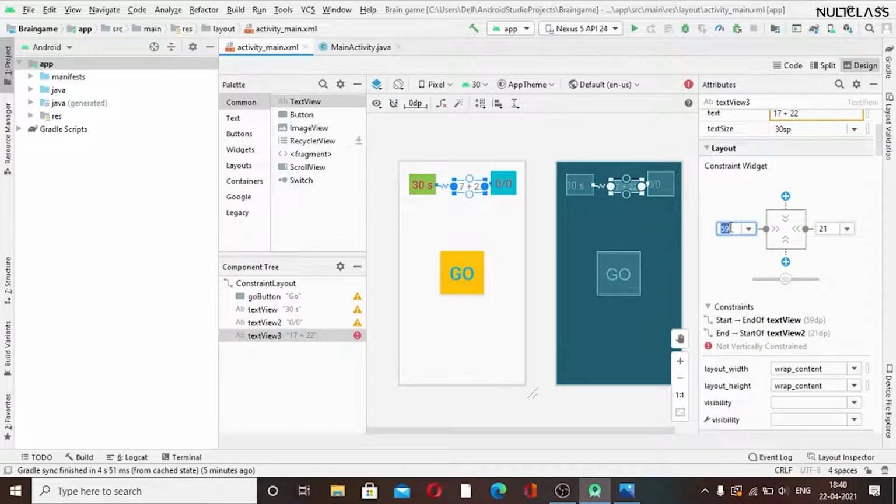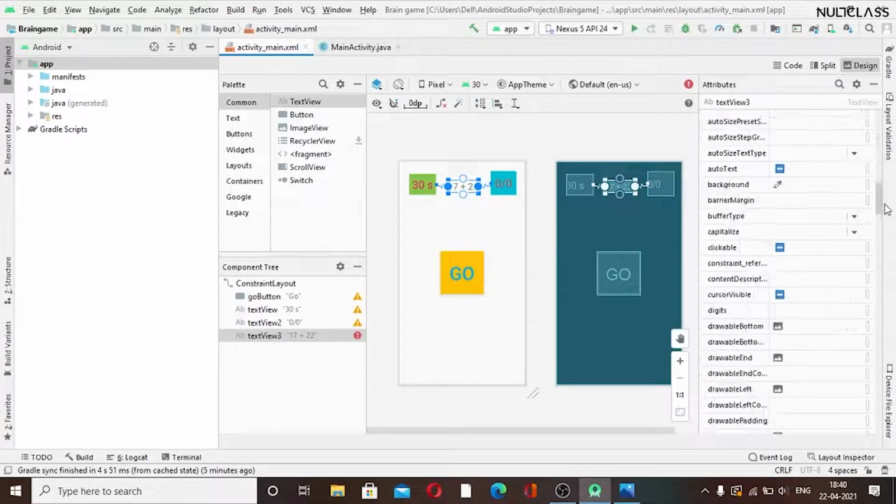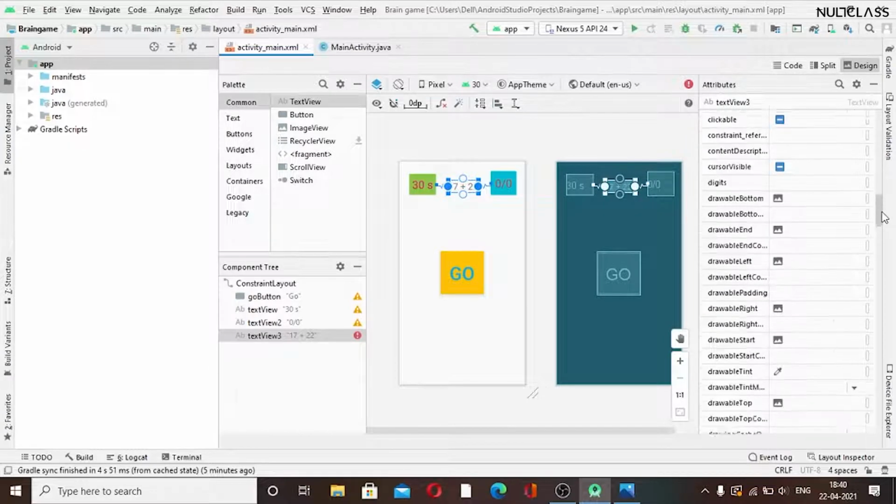Like we can see that it is more towards the right, so I will drag it a bit more towards left. I think 19 would be enough to place it on center. Yes, it is fine.